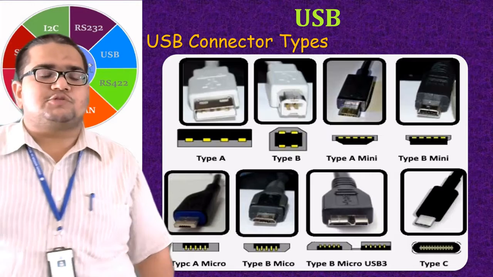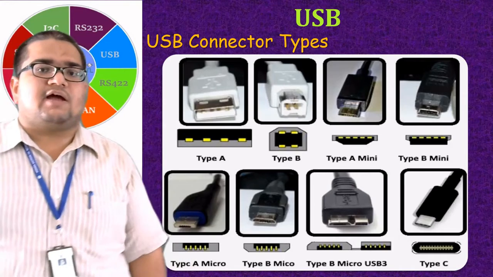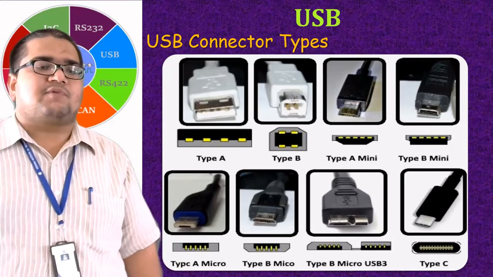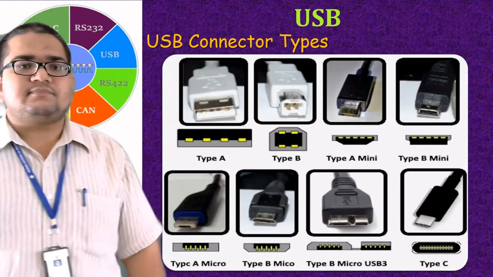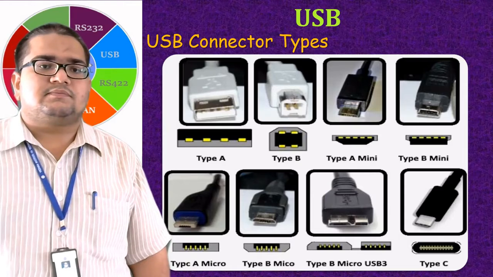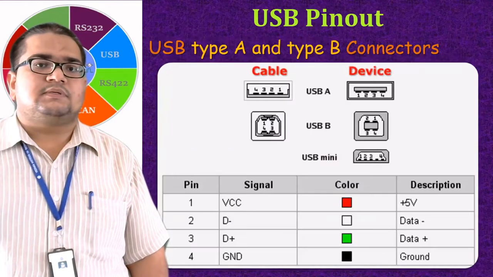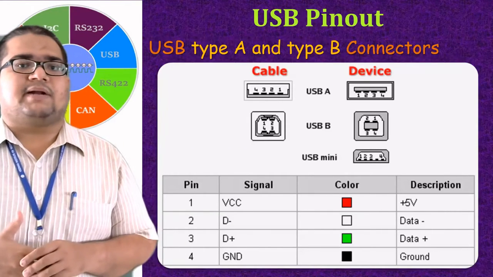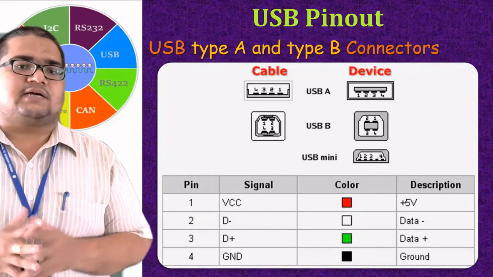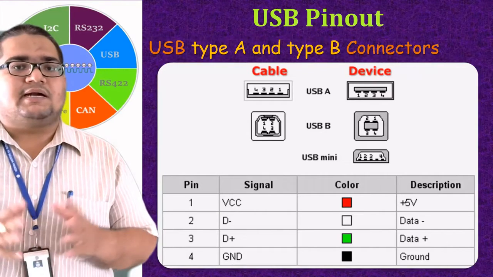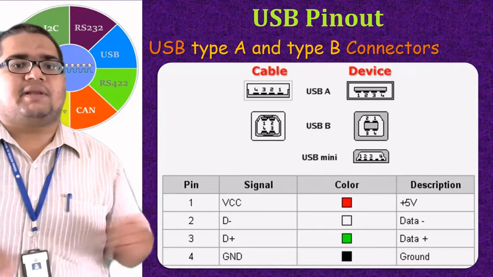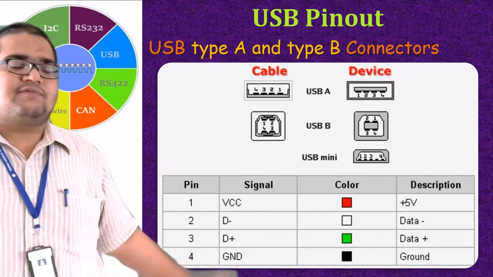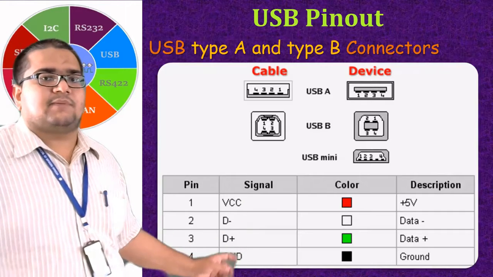And obviously from USB 3.2 onwards, we have this Type C type of connector, which you can see at the bottom here, the last one. The different Type A and Type B connections, you can check it out. The basic connections in USB Type A and Type B contain only 4 lines. You can check it out: VCC and ground are pin number 1 and 4, and in between those are your data plus and data minus.